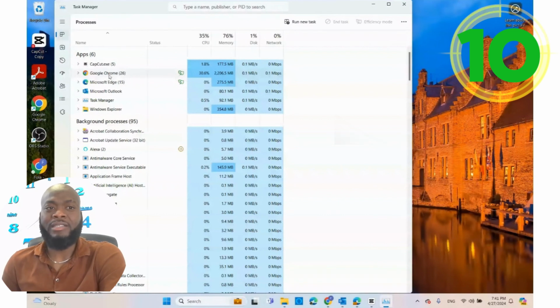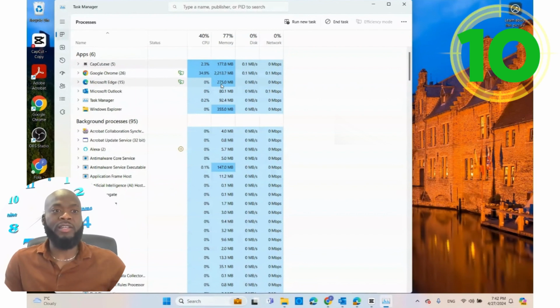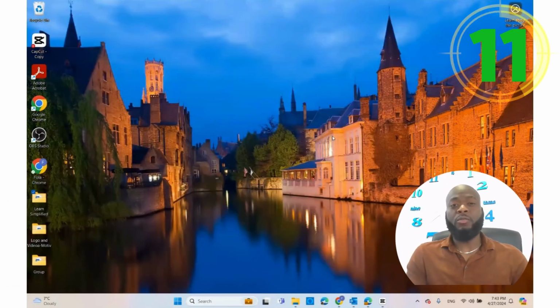Right now we can see we have 26 Chrome tabs open, and this is taking tons of our memory, which is like 2000 plus. So we want to be able to close as much as possible to help the system run fast. Number 11, we can use run command to access specific folder, file or program, and all we